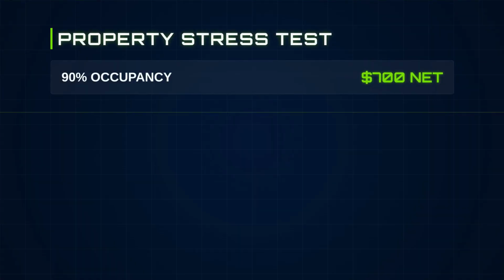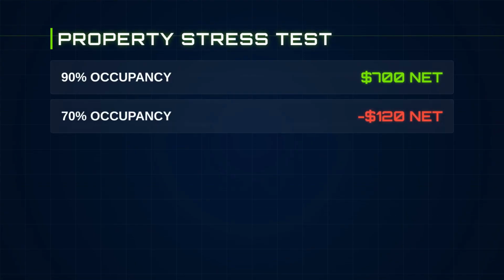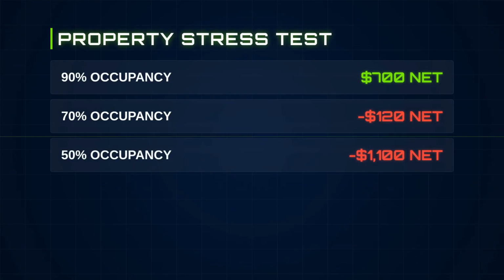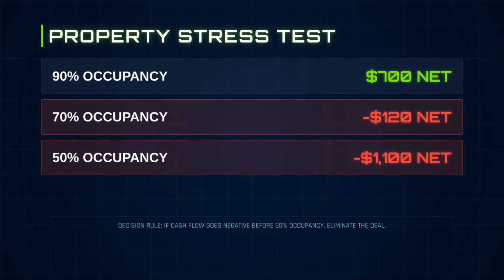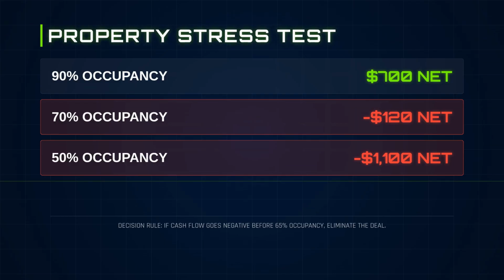It's a bet. Here's the stress test on our sample property. At 90% occupancy, net cash flow is $700. At 70%, it goes negative, minus $120 a month. That means a single slow month breaks the deal. This property fails the vacancy test. If this were a real opportunity, I'd walk away here without a second thought, regardless of how good the GRM